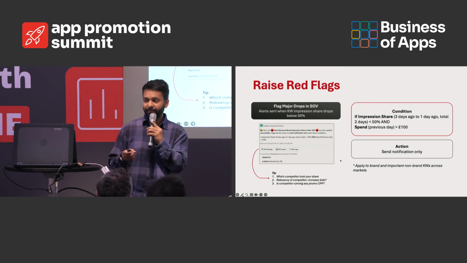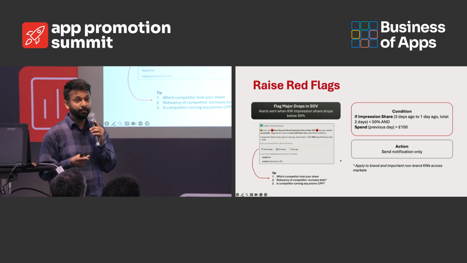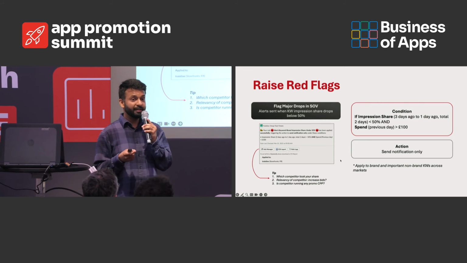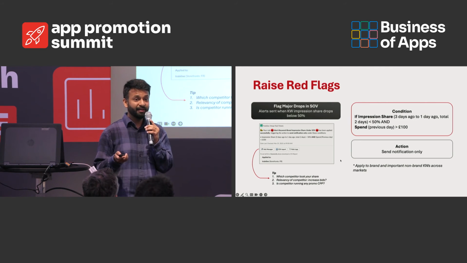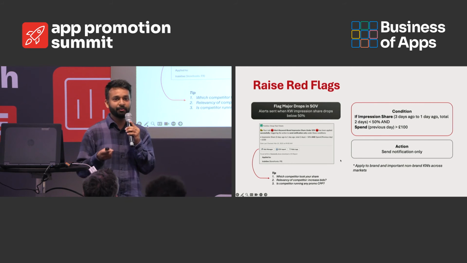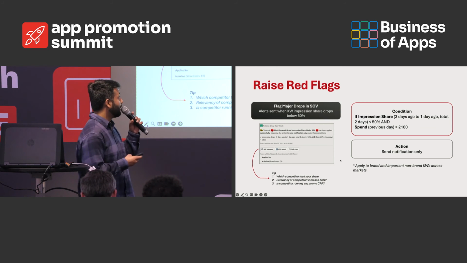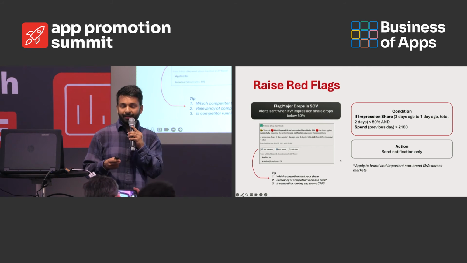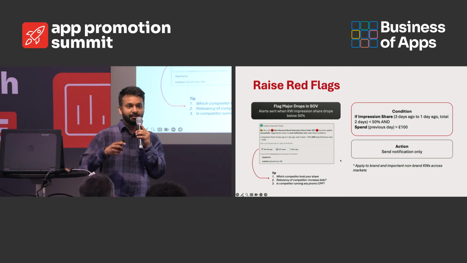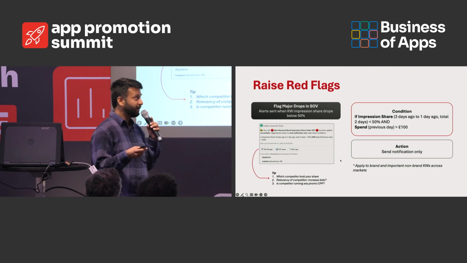The first rule that I have here notifies you whenever there is a huge impression share drop on your important keywords. This is a rule that you can set up for your brand campaigns, because if your brand traffic is very important for you, you would want to make sure that if others are taking your impression share, you get notified. And you can build the same rule for other non-brand keywords. With this rule, you can get notifications if other competitors suddenly capture a lot of your impression share. I have taken an example of 50% here. And if you look at the conditions,